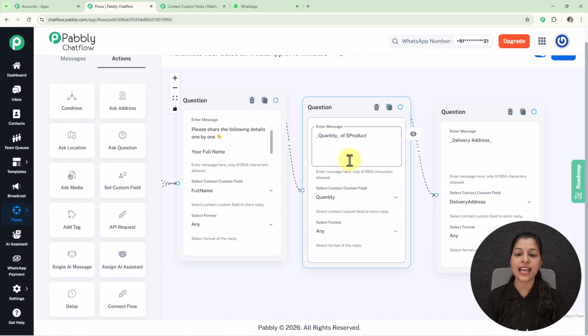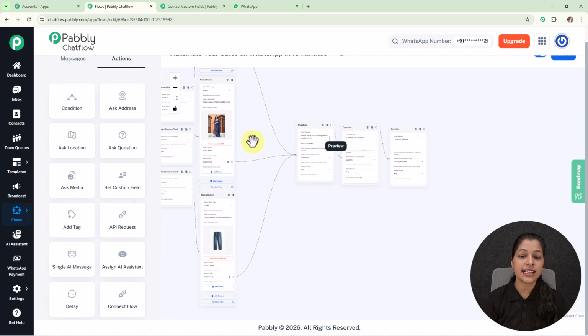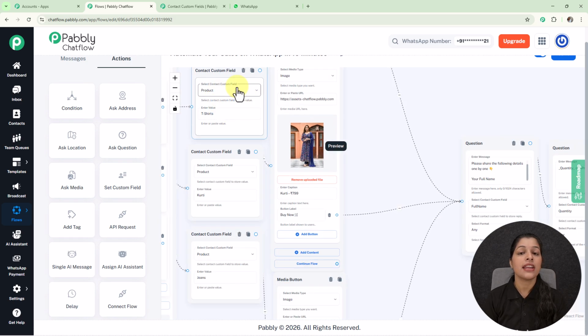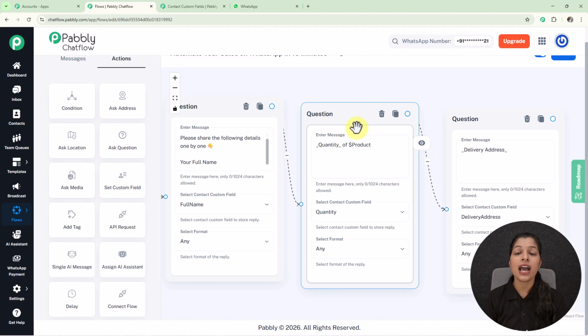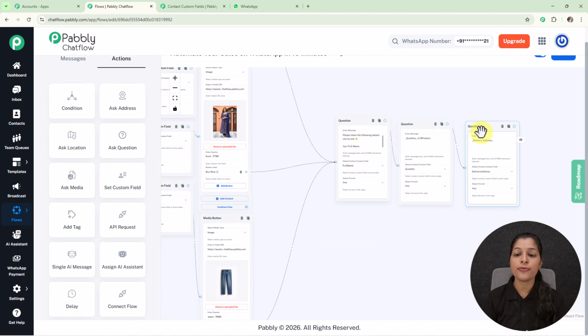So here you can see I have entered this another question asking for the quantity of the product. Now you might be thinking, what is this product variable specifies? So this specifies the contact custom field which we have recently selected for these list items. Now as soon as my user will select any of these list items, the response will be replaced in this message node, and we will be able to send personalized messages to our customers. And at last I have entered this question asking for the delivery address,